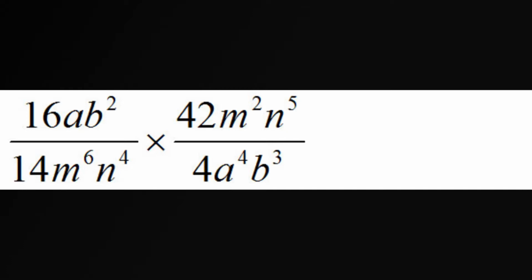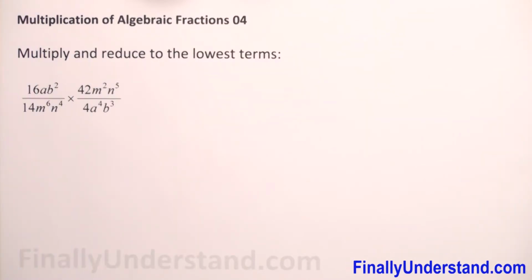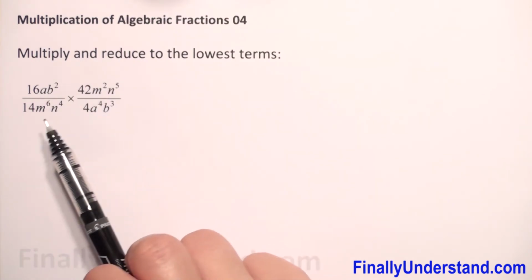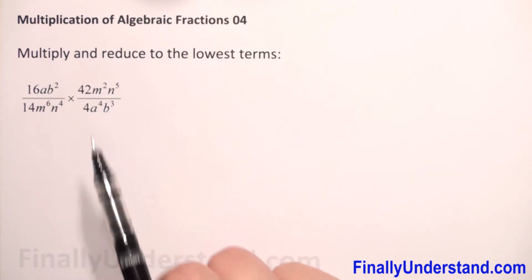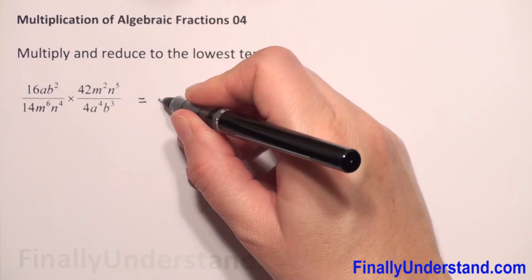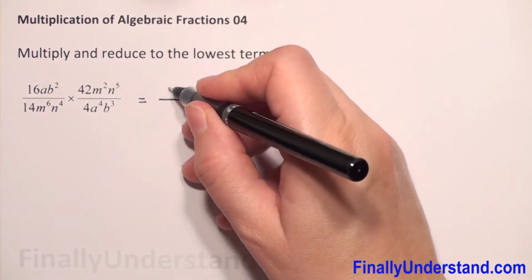We have multiplication of algebraic fractions. We know that to multiply algebraic fractions, we have to use the same rule as for multiplication of fractions. So it means we have to multiply numerator times numerator and denominator times denominator. So now we will put one fraction bar, and in the numerator we will have